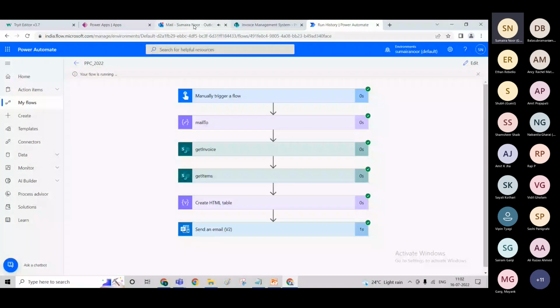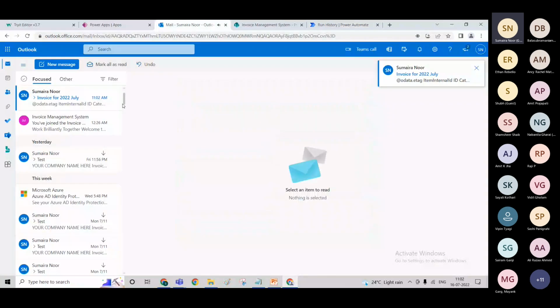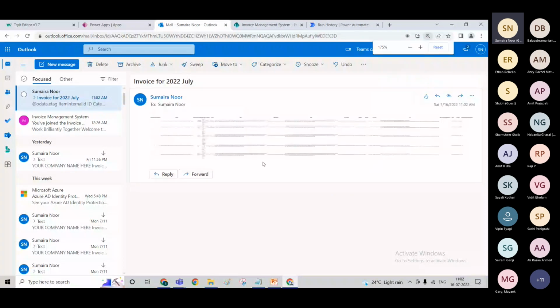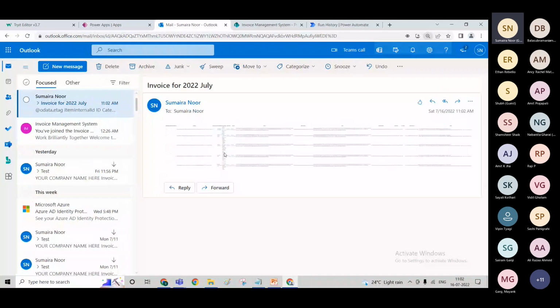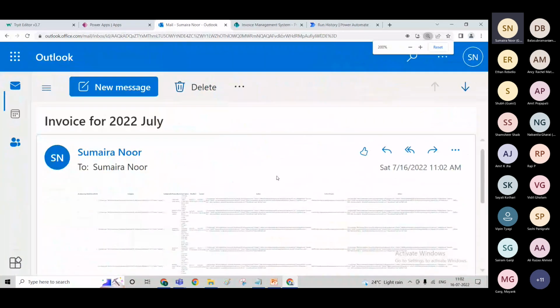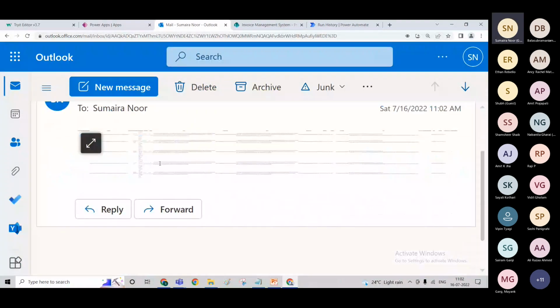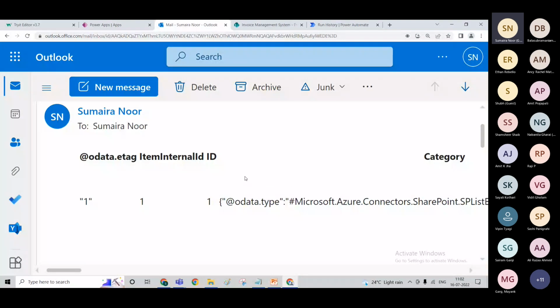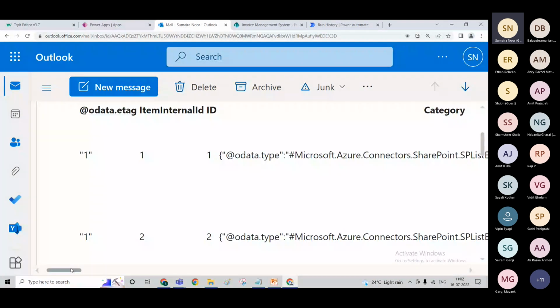So when I get the email now, I have all these things which are not even required. Like most of the columns are not even required here. So what I will do is, if you see this, it is not formatted properly. So I'll go and take only three columns here: the category, product name, and description. So to do that,